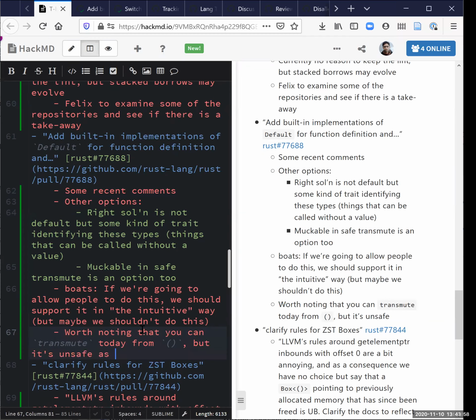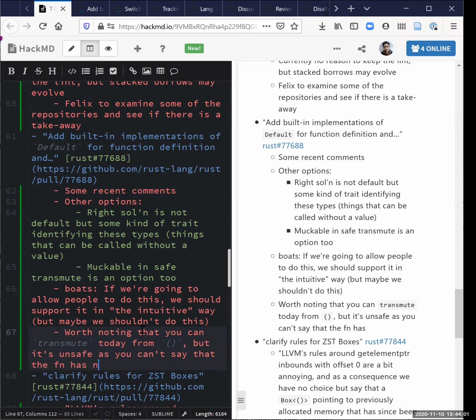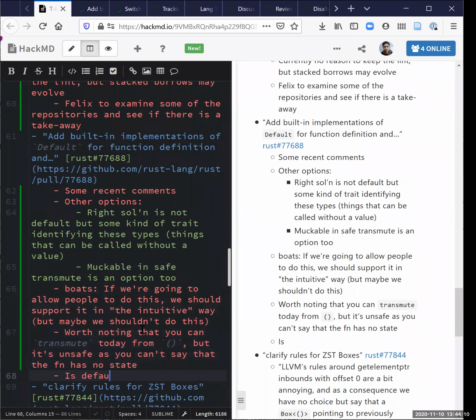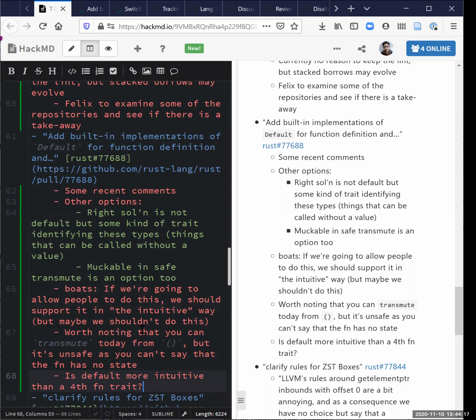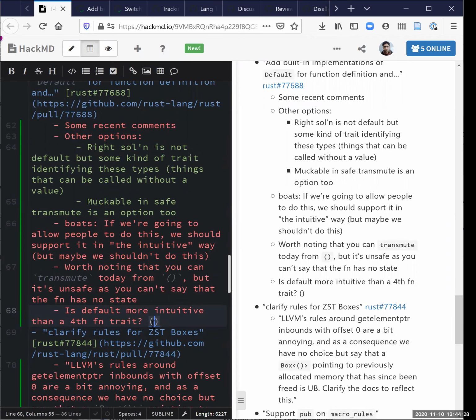Yeah, I will say that I don't personally feel that default is intuitive. I feel default is less intuitive than having a fourth trait. If you're taking a function generically, well, there are 4 ways to do it. You can take a function that has no state and you can do anything you want with it. You can take it by shared reference, mutable reference, or you can take ownership. That feels like a relatively explainable story versus, no, there's 3 traits, but if you need to synthesize one magically,